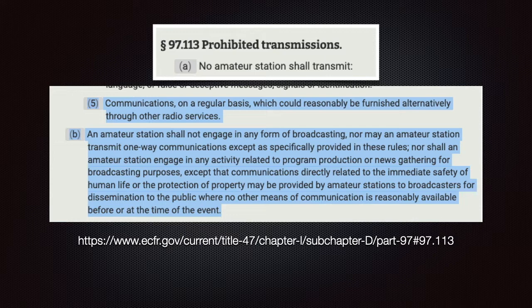B, an amateur station shall not engage in any form of broadcasting, nor may an amateur station transmit one-way communications except as specifically provided in these rules, nor shall an amateur station engage in any activity related to program production or news gathering for broadcasting purposes, except that communications directly related to the immediate safety of human life or the protection of property may be provided by amateur stations to broadcasters for dissemination to the public where no other means of communication is reasonably available before or at the time of the event.